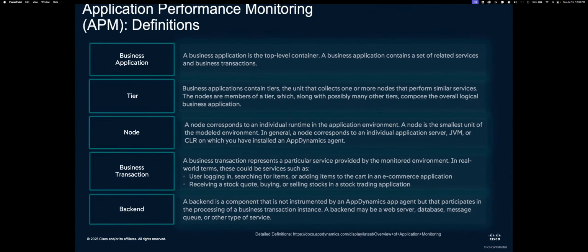So just at a high level, thinking about what application performance monitoring is and how business transactions tie into that. In terms of Splunk AppDynamics application performance monitoring, APM, there's kind of a hierarchy when you're looking at the modeling of the applications and how they're reporting. And let's break that down. So there are business applications. Business applications are the highest level of application, a view in a dashboard,